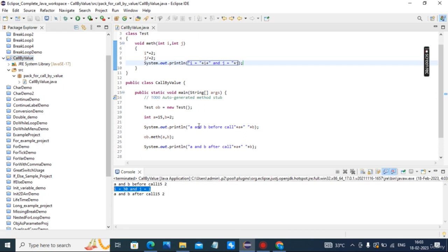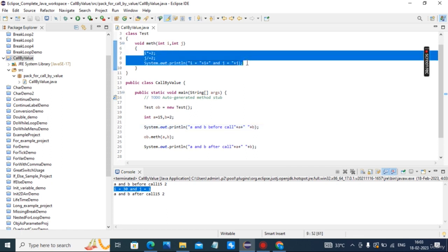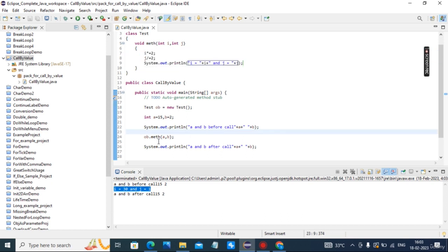Actually, in the method the modification is getting performed, but since this is call by value, the actual values remain intact.